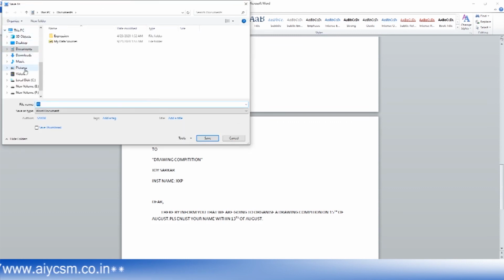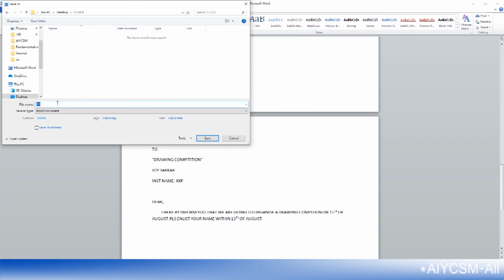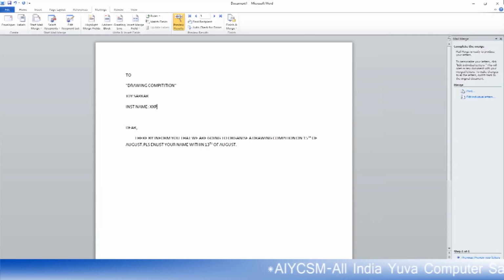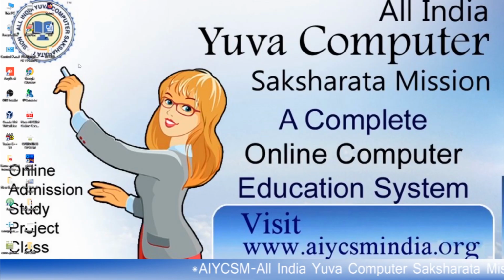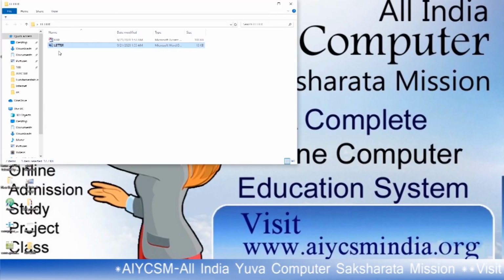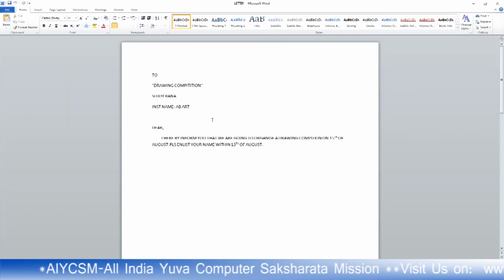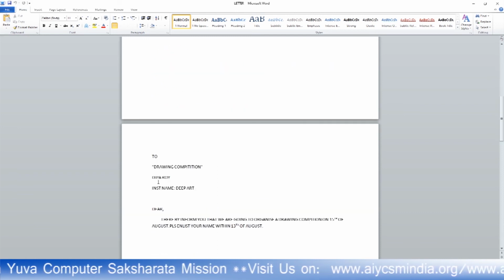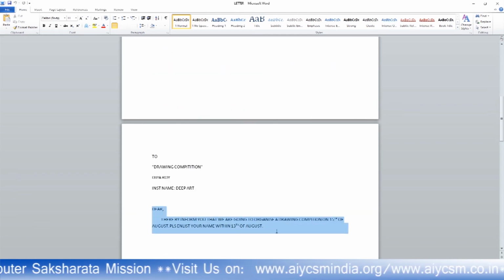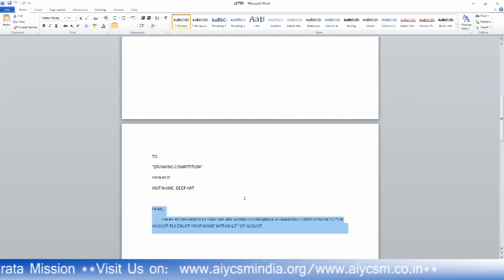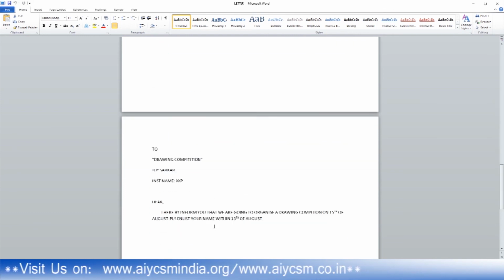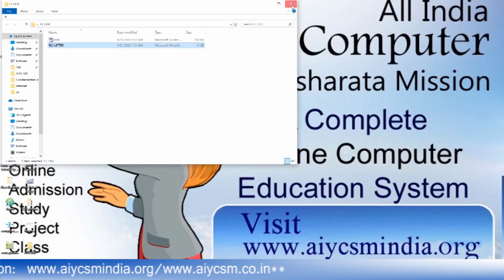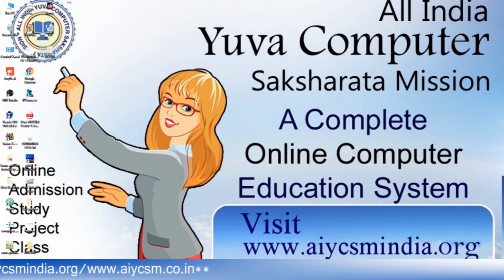Now you have to save it on your desktop, this is actually the letter. Save it, close it. Do not save this one. You will see that 3 different letters are created with the same body but different recipients. This letter has to be sent to Sujoy Rana, then Deepa Roy. The body is the same, but these things differ. Okay, this is all about mail merge.